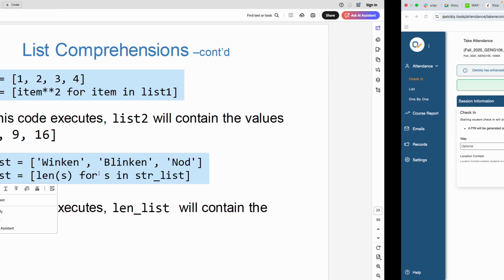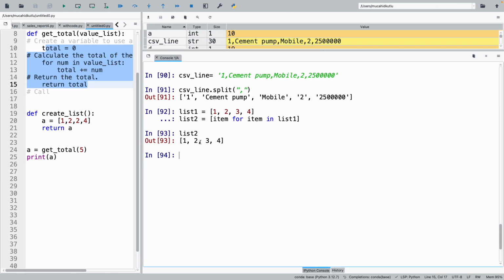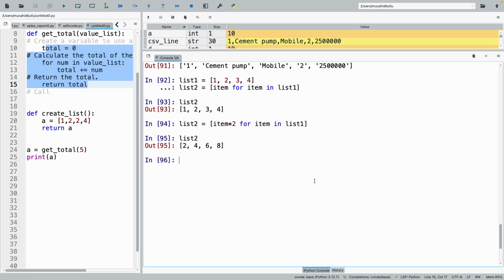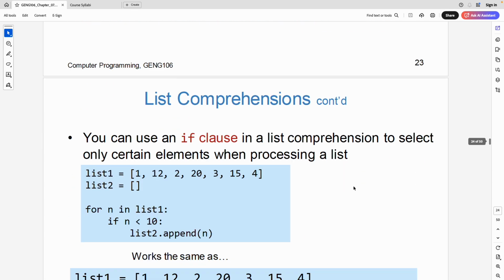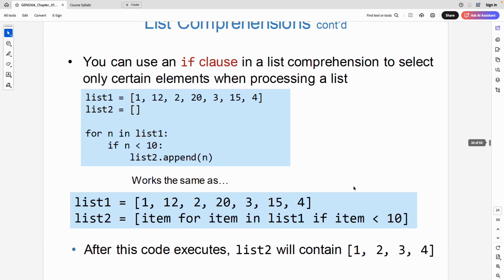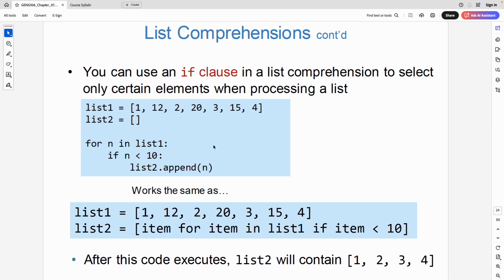I can also, in my code, you can do anything here. Maybe I want to just take double of each item, so I will just multiply it by 2. Then my list will become 2, 4, 6, 8. So each item is actually multiplied by 2. And there's one more example. I can even add